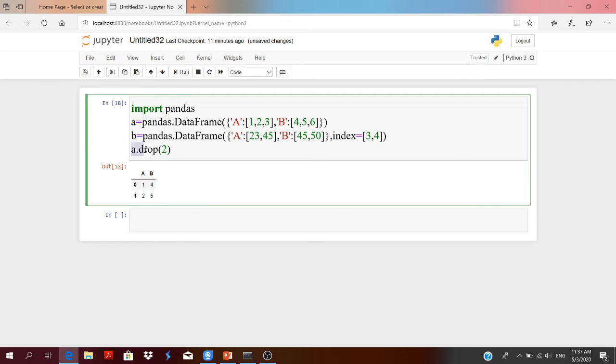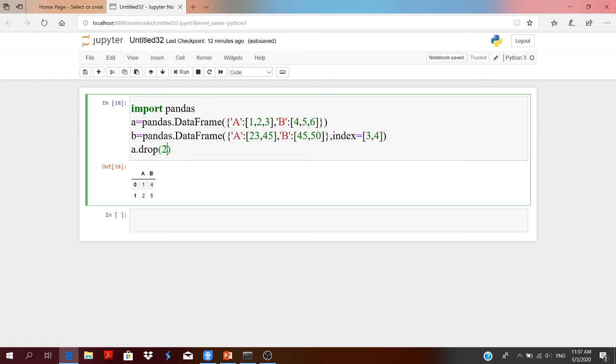Sorry, only the row having index value 2 will be deleted, because A was having only 3 rows having index values 0, 1 and 2.